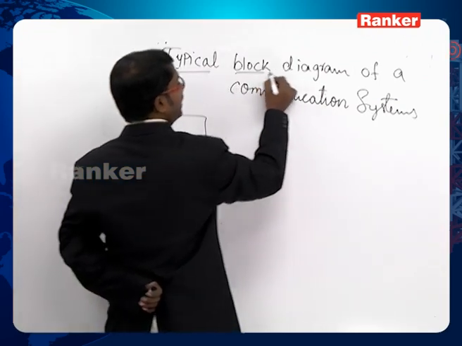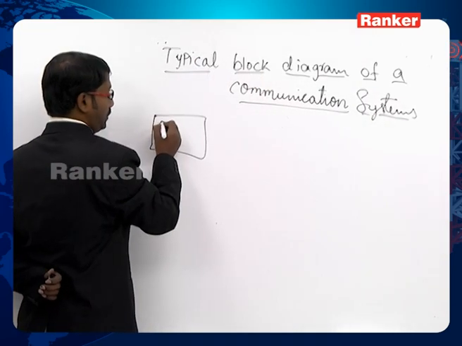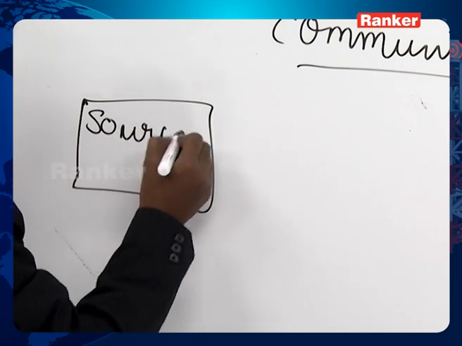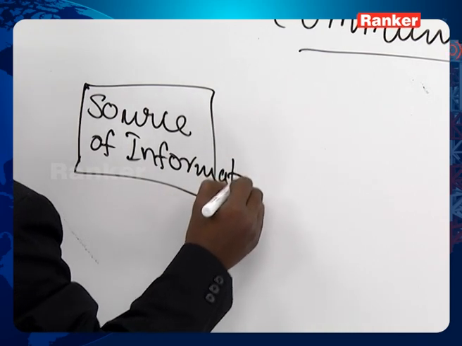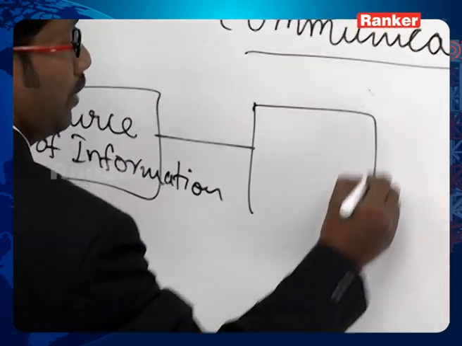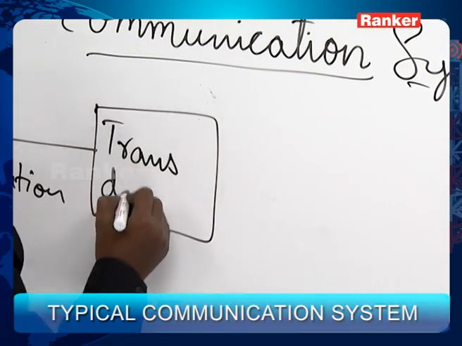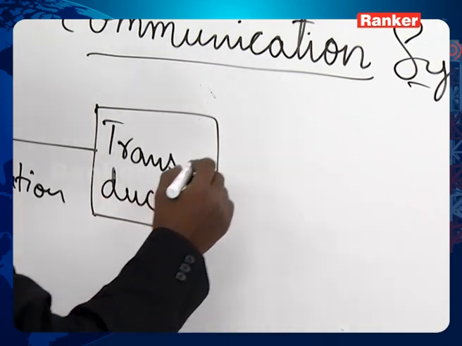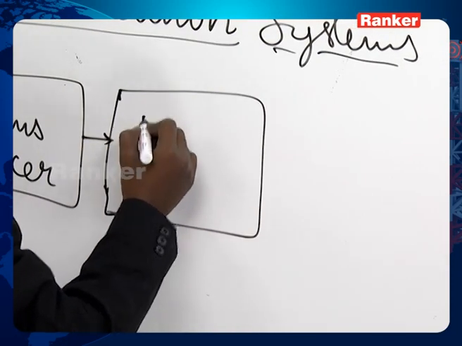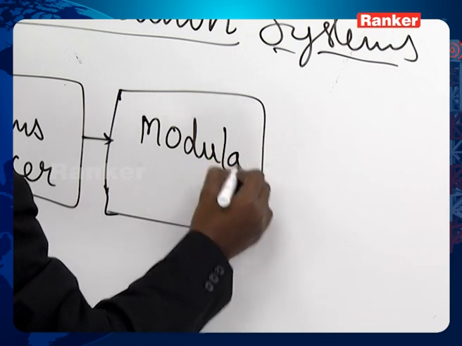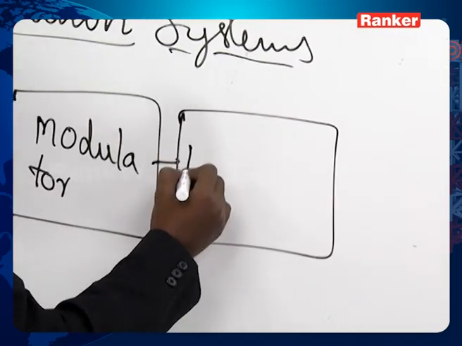So in a typical block diagram of a communication system, I would have the following blocks. I would have a source of information, and then I would have a possible transducer to convert it into a form which is to be transmitted. Then I have a modulator, then I would have a multiplexer,